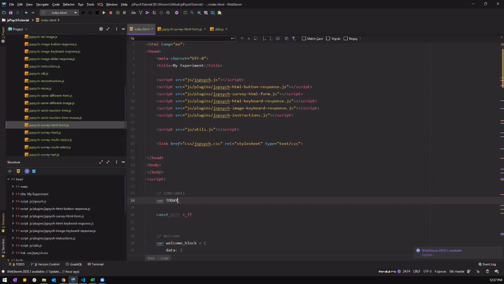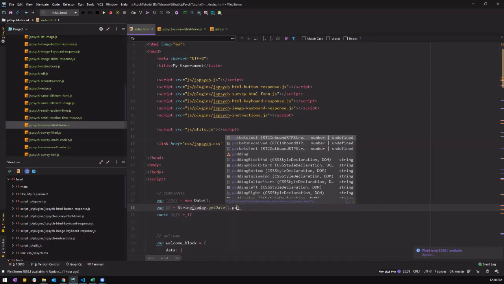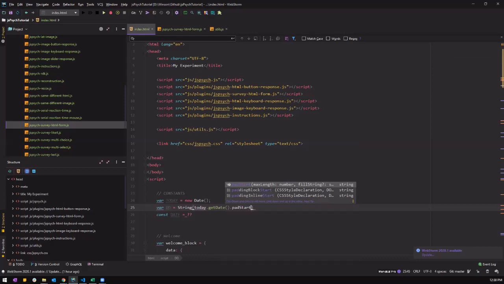So var today's date is new Date. So it gets the date from the system. So we have to get a day, and the date is String(today.getDate()). So we want to get the, I think it's like this. So this gets the date,